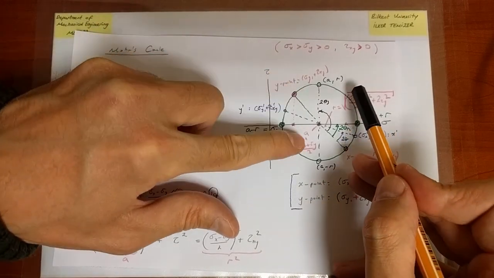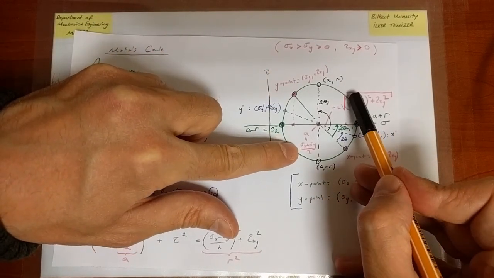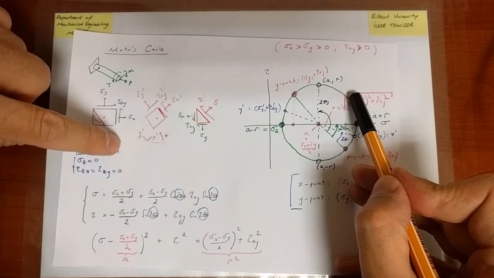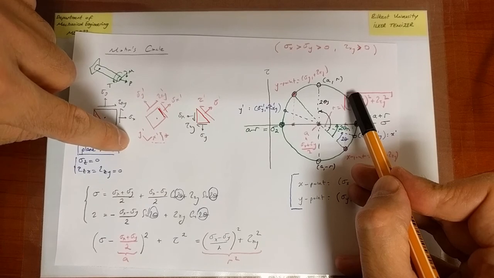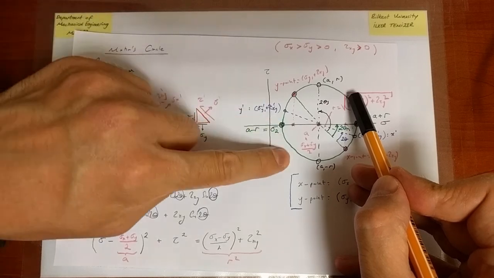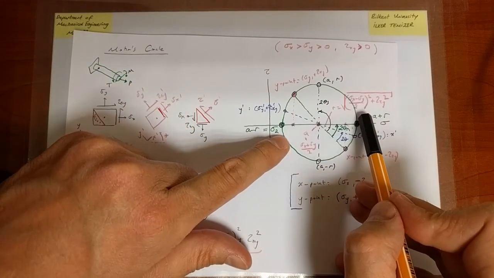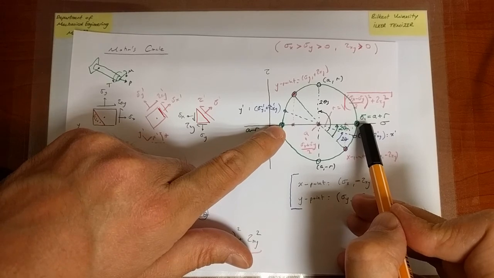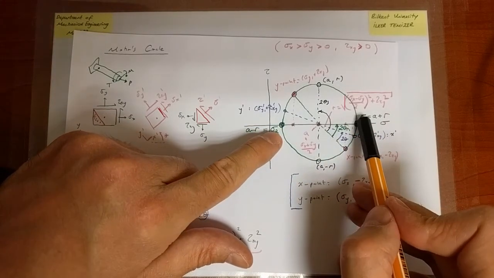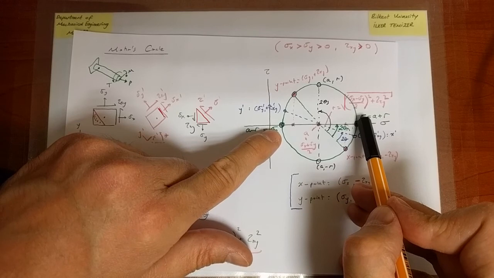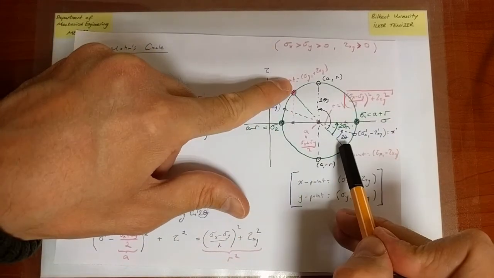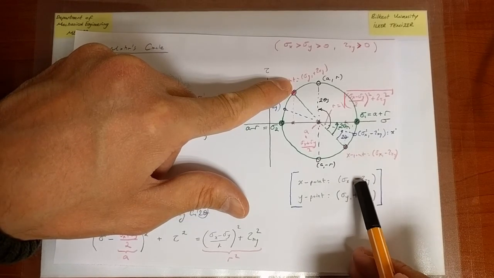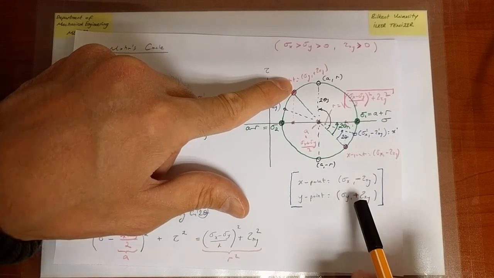But if I were to plot it like this, then that would mean that for a rotation essentially of clockwise value on the physical picture, I would have to rotate in the reverse direction to make sure that sigma x is increasing towards sigma 1 in the reverse direction on the Mohr circle. So with this choice instead of that, which requires that I plot x with minus tau xy and y with plus tau xy,